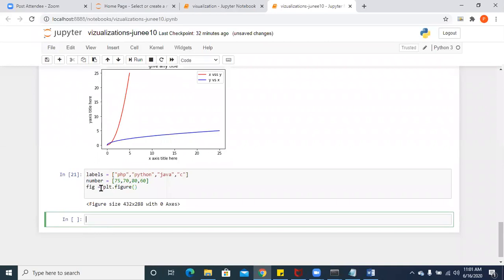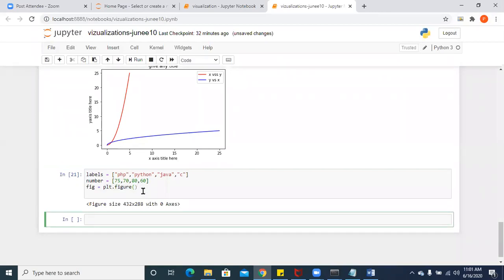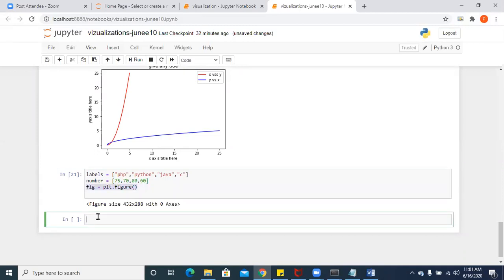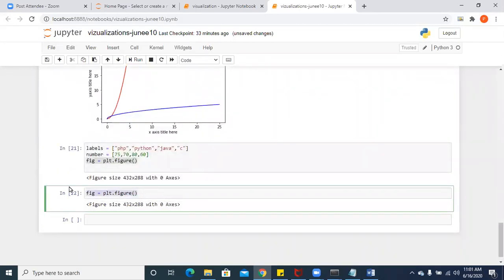So figure is the thing which is used to plot a figure. Now to this figure I would like to add some sort of axes, in the sense the length and width of that. Okay. So to do so, what I'll do is